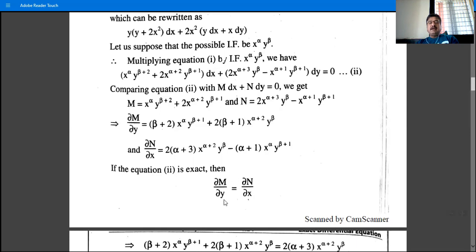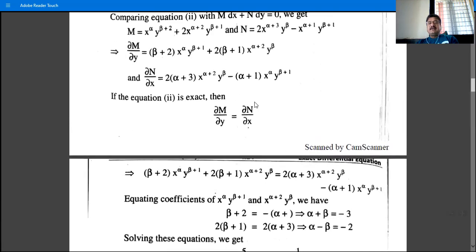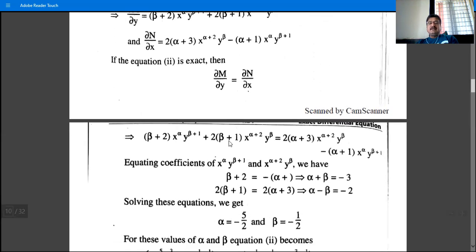and therefore ∂M/∂y is equal to ∂N/∂x. So we have these two equal. So write ∂M/∂y as this and ∂N/∂x as this, and then compare the coefficient of x raised to α y raised to β+1. So in the LHS it is β+2. In the RHS the coefficient of x raised to α y raised to β+1 is −α(α+1). So β+2 is equal to −(α+1), and so we have